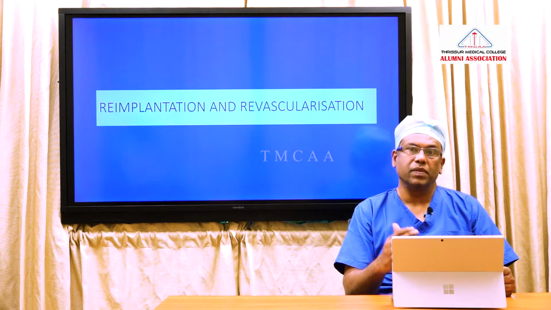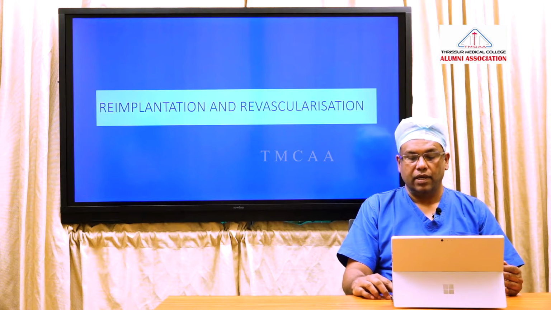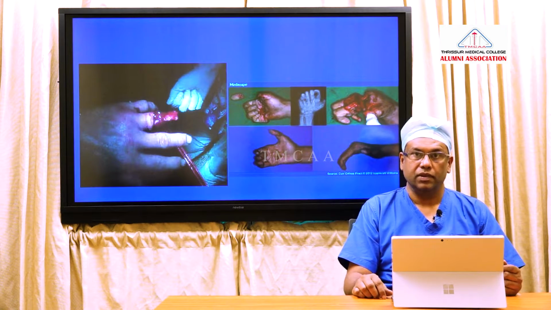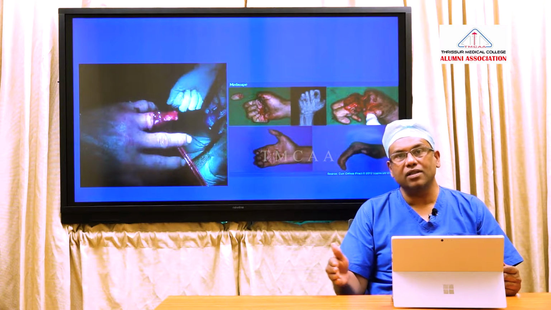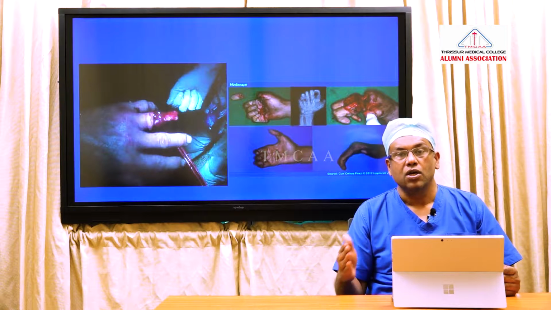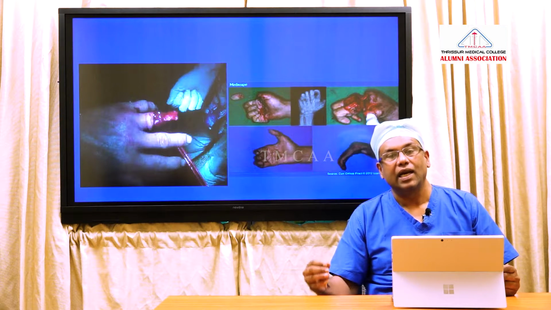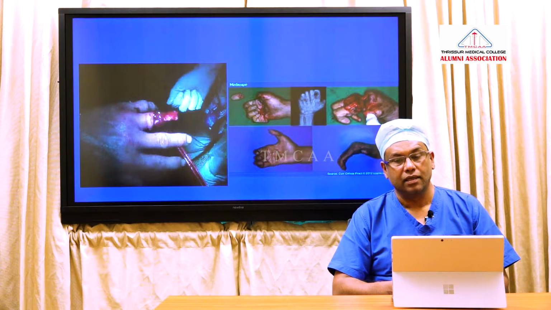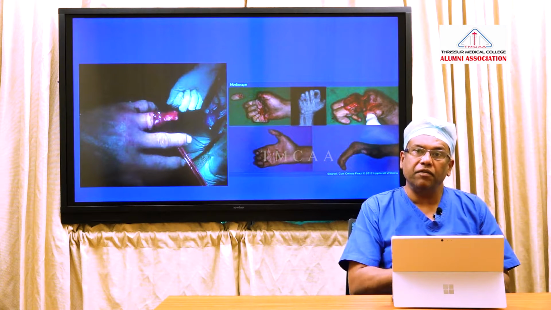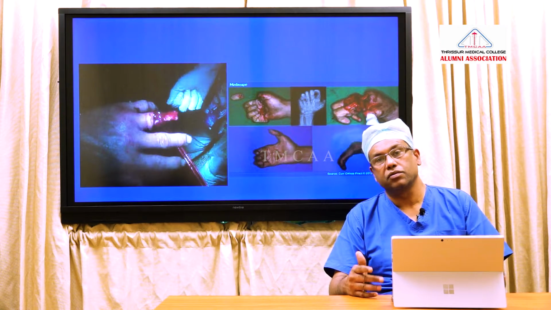When a part is dismembered, for example, it happens in a remote area and the patient has got a severed digit. What will you do? You have to take this digit. All the centers will not have the feasibility of microvascular anastomosis. So you have to take it to a center where the facilities are available and then reconnect it, isn't it? So that time is also crucial. The way in which you transport is also crucial. And how you do it is also crucial.